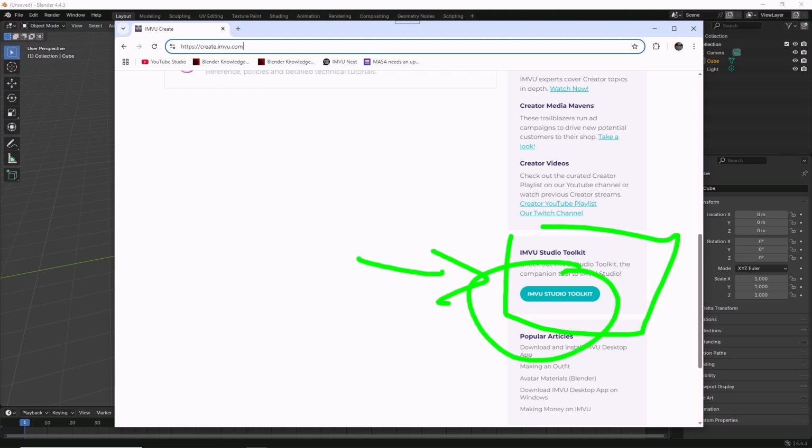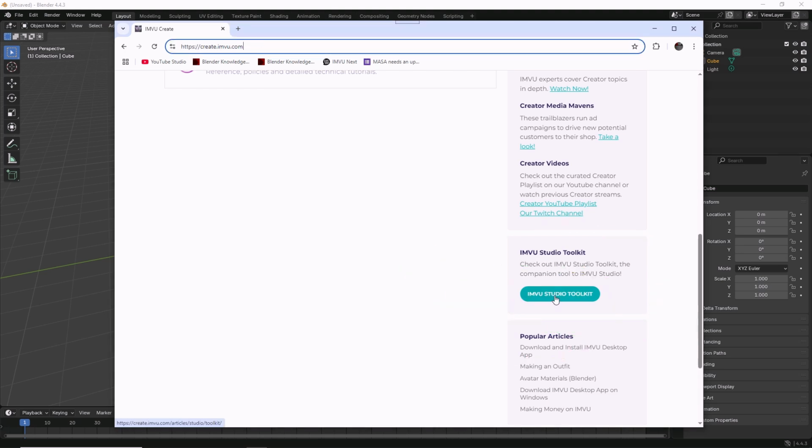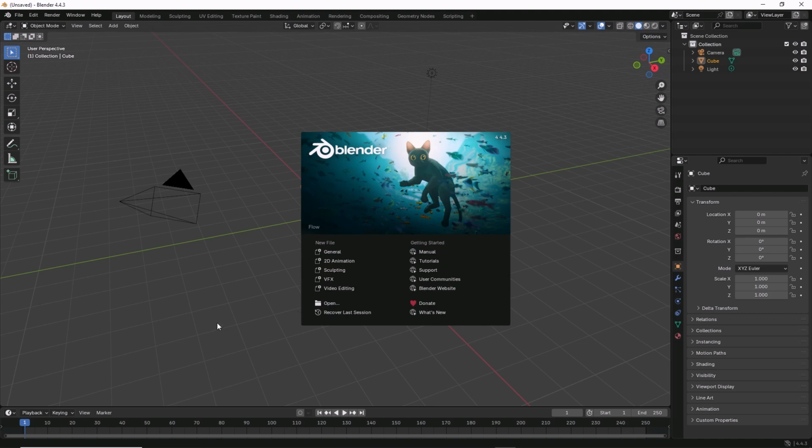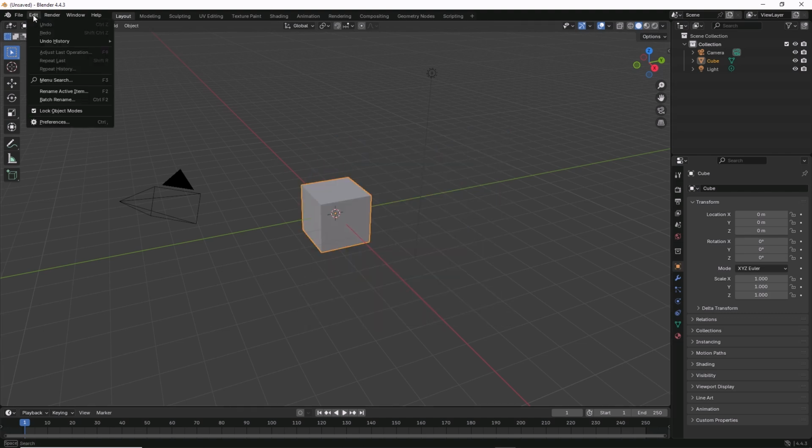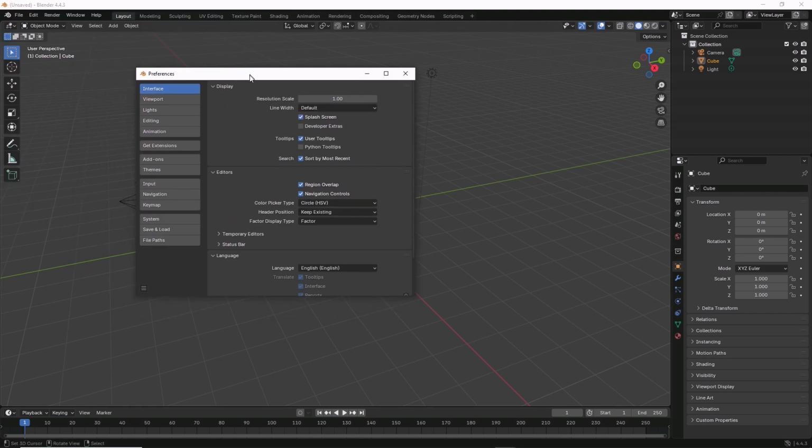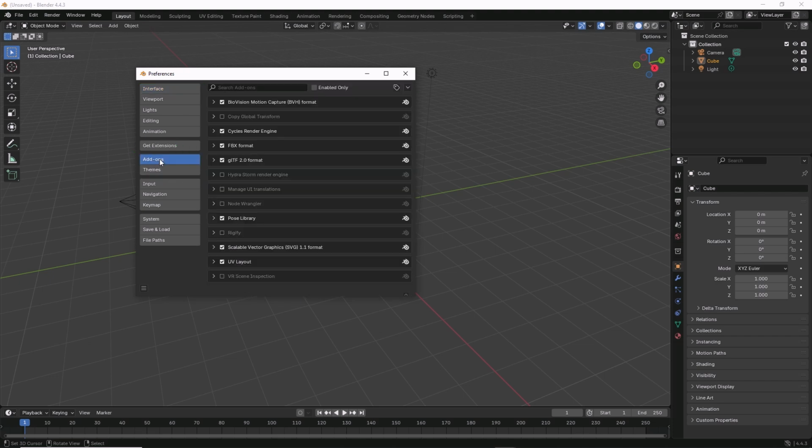Click on this. It will download a zip file that will be saved to your computer. Once you've done that, in Blender, so again 4.4, we want to be in Edit, Preferences, and in Preferences we want Add-ons, and here we want to click on the little More Options button, or arrow, down arrow, Install from Disk,